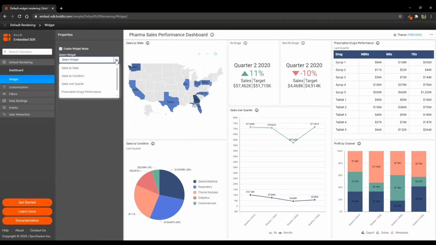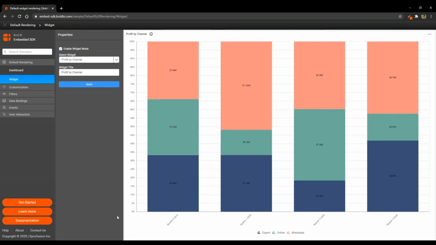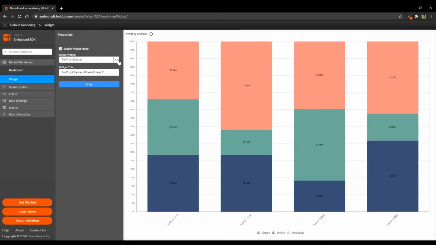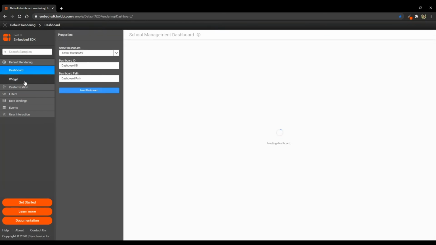Let me choose only one of the KPIs, for example, profit by channel, to be loaded in this view area. So as you could see, I'm able to embed a single widget in my whole view area. I'm even able to customize the title that needs to be displayed. So like this, you'll be able to display a whole dashboard or the widgets based on need.